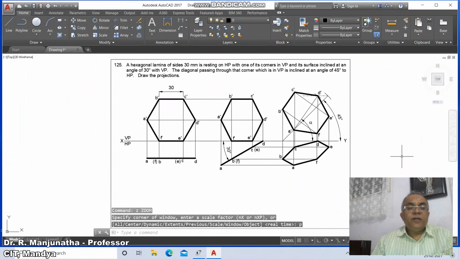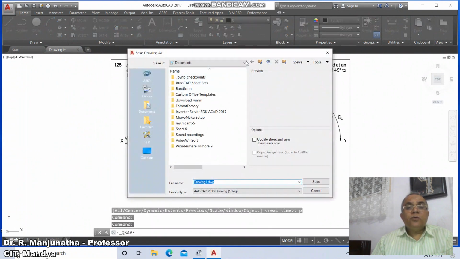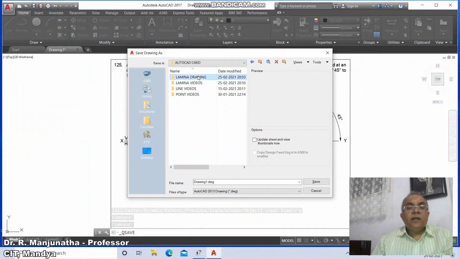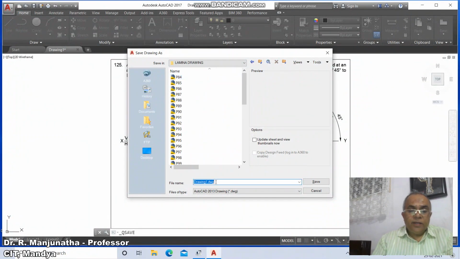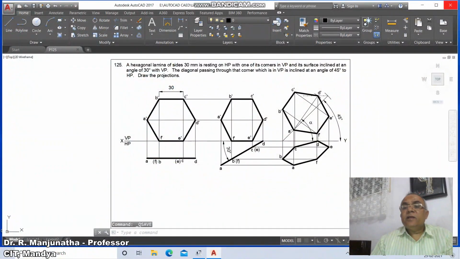So this is how you will be able to complete the drawing. Then go to save and go to the appropriate drive, E drive, AutoCAD, lamina drawing P125. Save, and finally you exit the